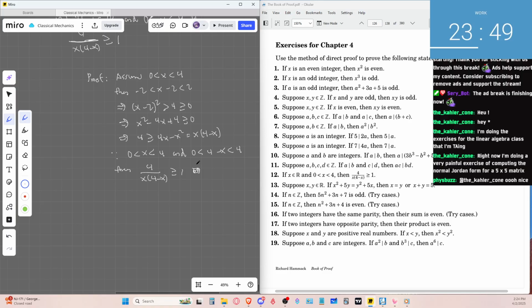Okay. So the way they wrote it is that assume that 0 is less than x and x is